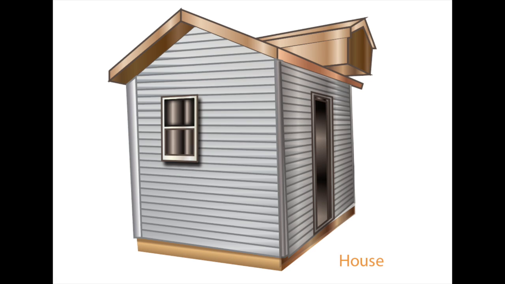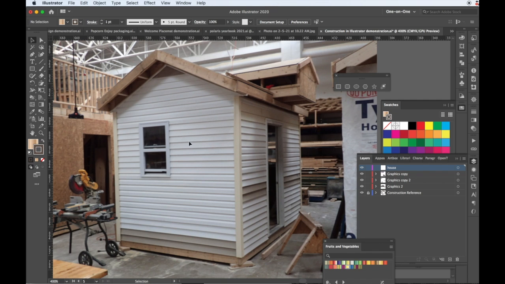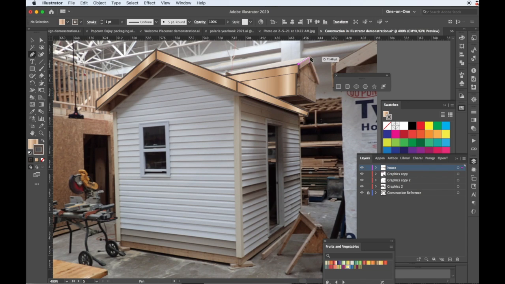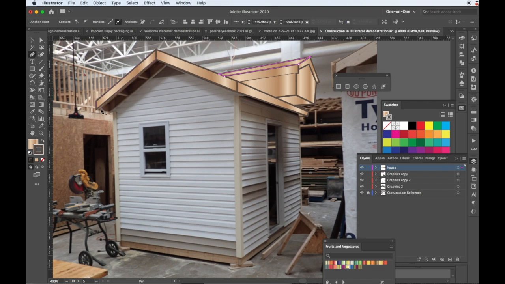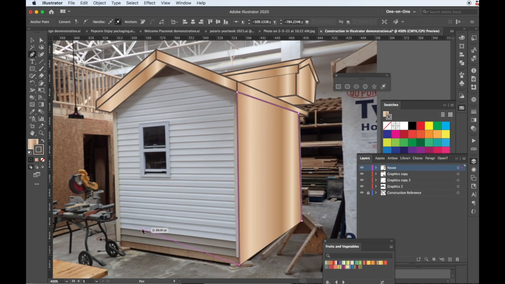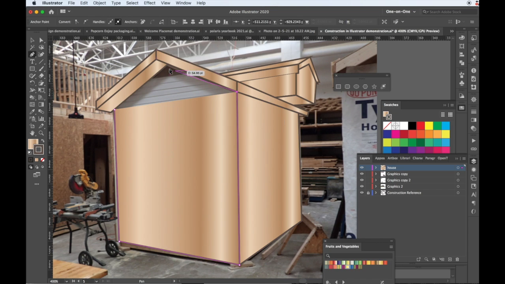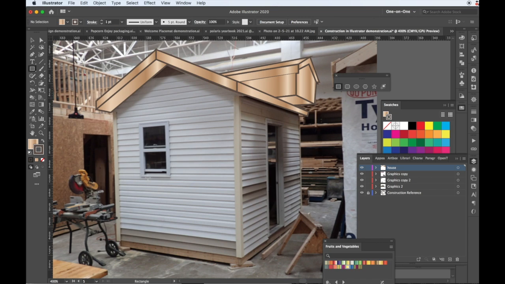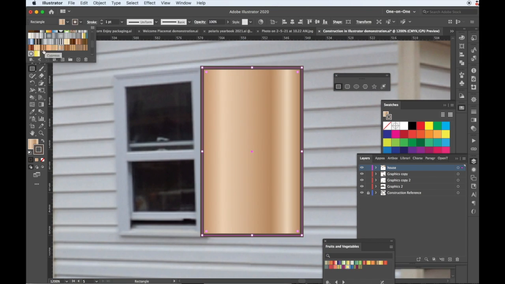Here's the finished look with the siding, some of it placed on the walls and the windows. And one quick, easy way is to outline some of the larger shapes with the pen tool. I already have a gradient attached with it, so it allows me just to build these walls up, the frames up. These outside walls I'll just create and then hide them, and then just draw the windows